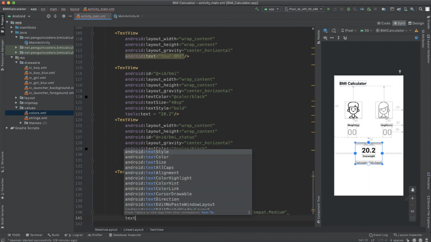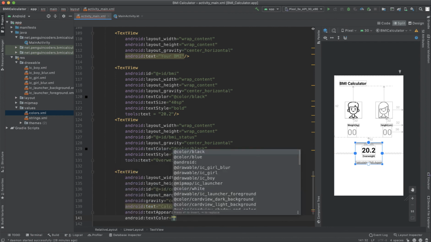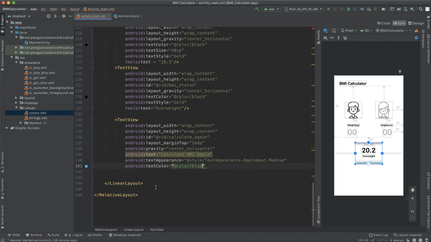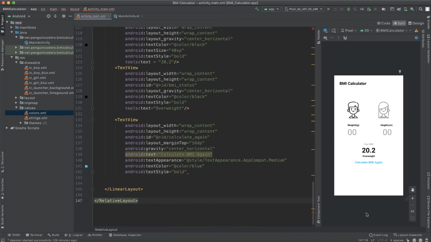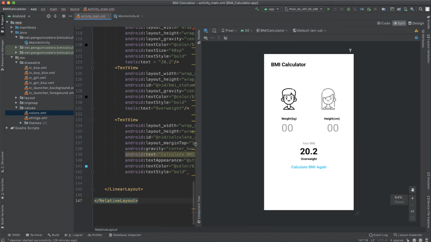I will add the text color as blue so that the theme looks consistent in both our calculate button and calculate again button. So color blue, and then text style would be bold. If you are able to see, this is how the layout will look like. Calculate BMI again. I'll just zoom and show you. So this is how it will look like.